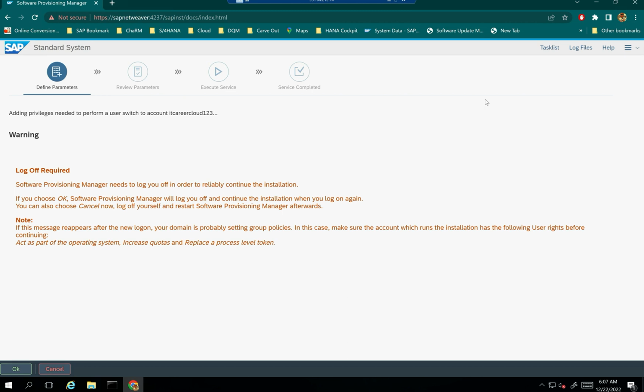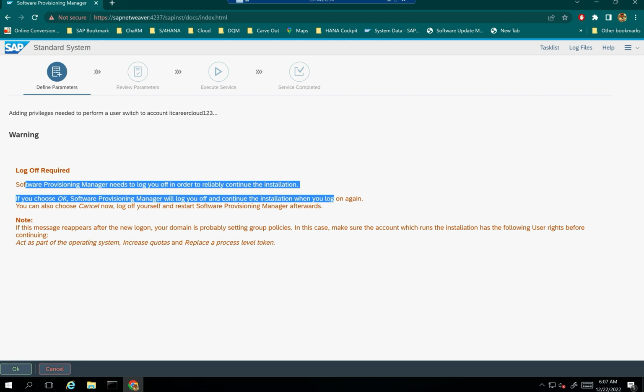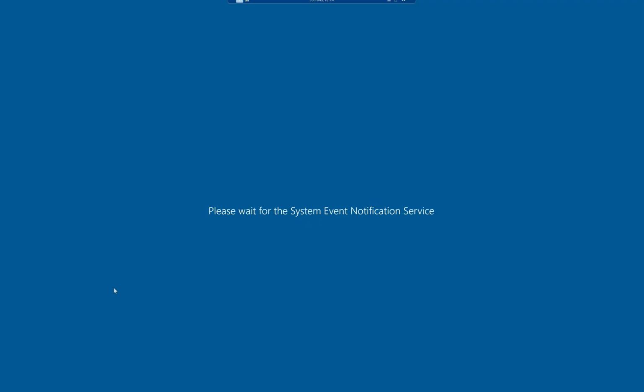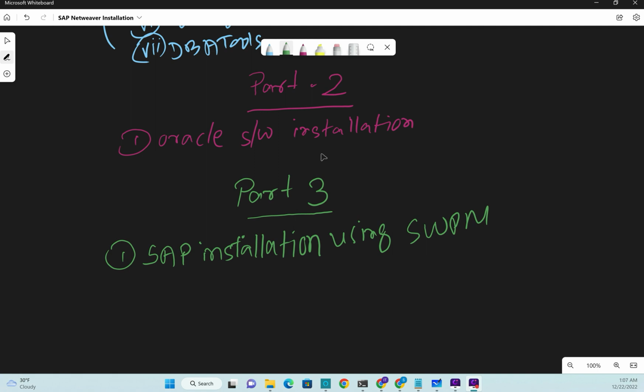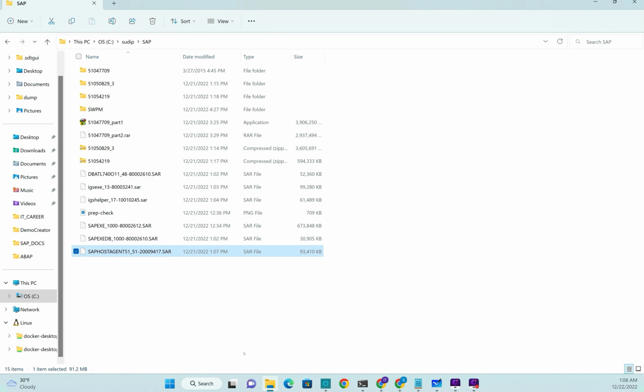So I see this error. I got this error saying log off required. Software provision manager needs you to log off in order to reliably continue the installation. If you choose OK, software provision manager will log off and continue the installation when you log on again. So I'm going to log off. I'll click on OK and it will automatically log off from the server, and then I'll log in back again,